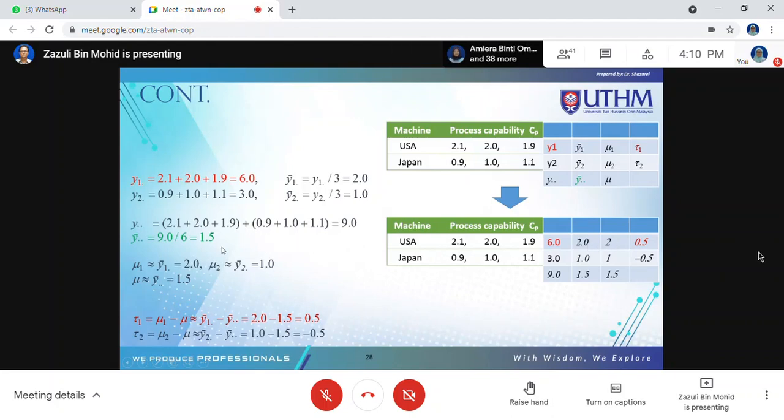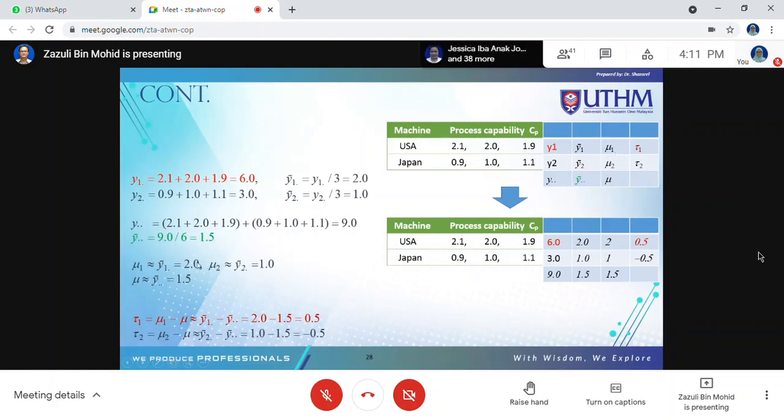So mu1, the calculation is, mu1 is considered equal to y1 bar. Okay, so then we have tau 1. The tau 1 is mu1 minus mu. So you can have mu1